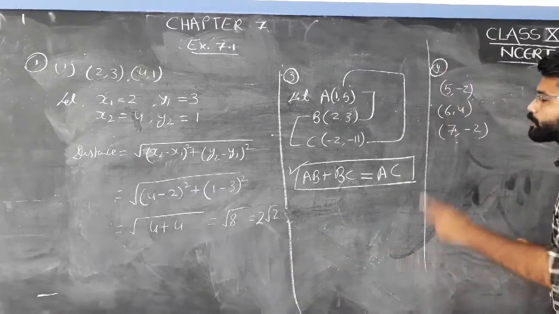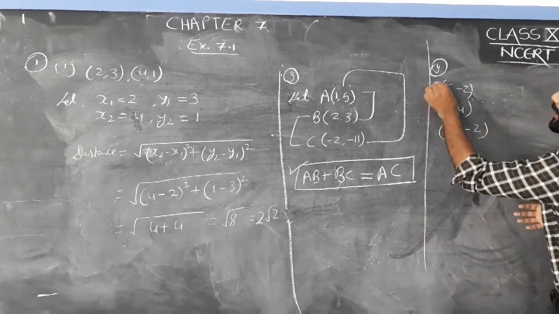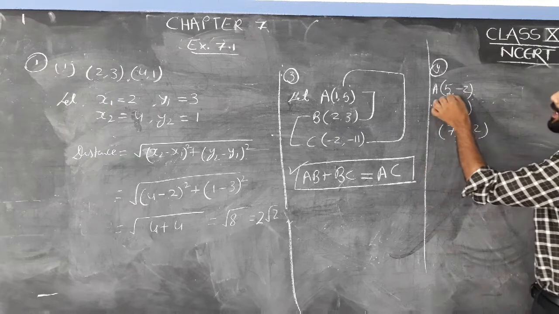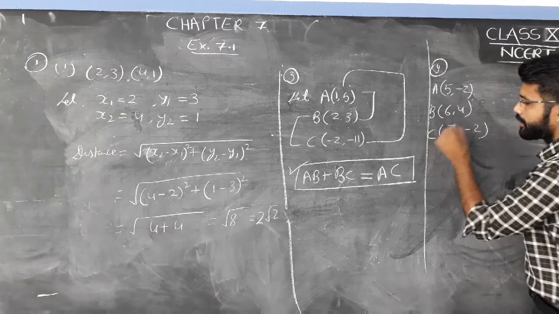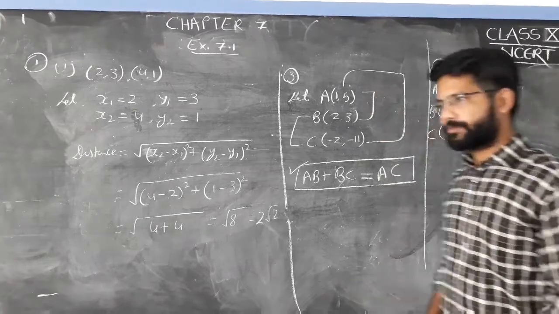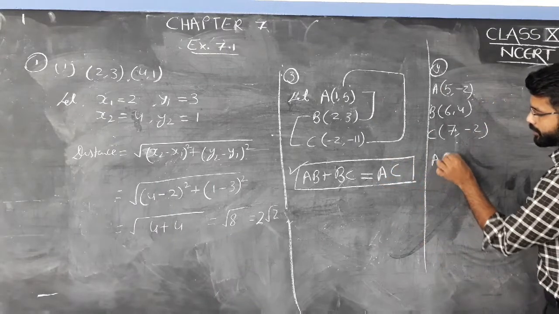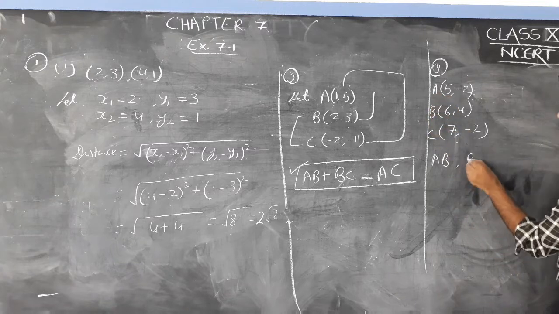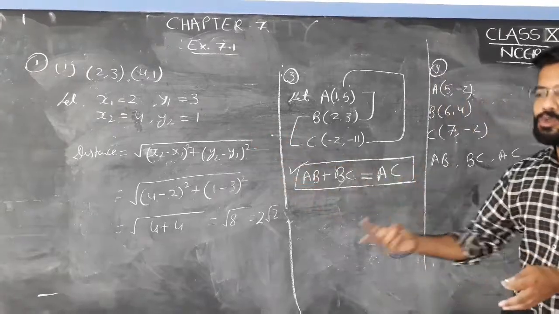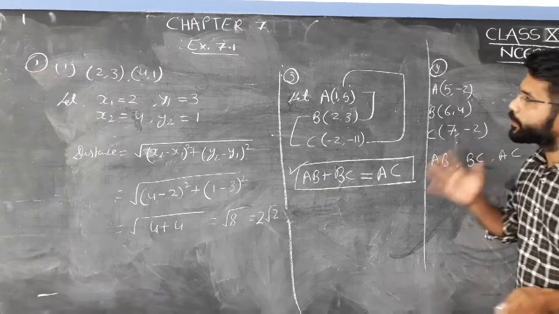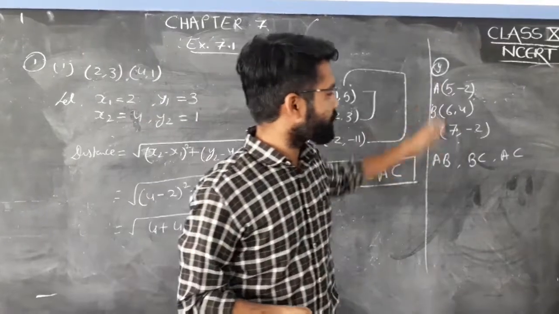Okay, isosceles triangle में क्या होता है? Two sides की कोई भी two sides की measurement equal होगी. Then here, if I take point A, coordinate 5 minus 2, coordinate of point B we have 6 4 and coordinate of C we have 7 and minus 2. Okay, for an isosceles triangle, only one condition should be there. First, we'll find the distance between AB, distance between BC and distance between AC. Okay, if any two distances are similar, then you can say these are the points of an isosceles triangle. We have to check whether they are the points of an isosceles triangle or not.